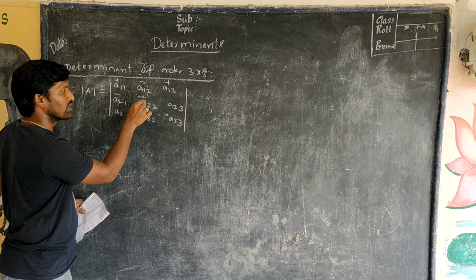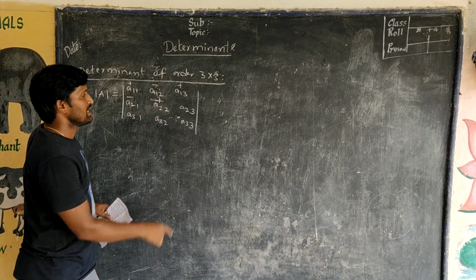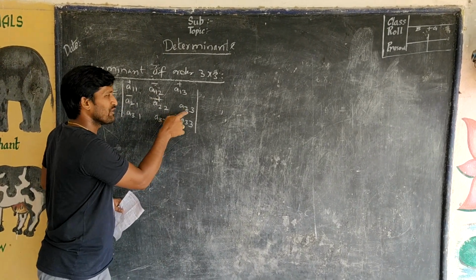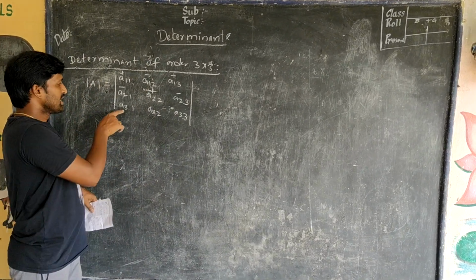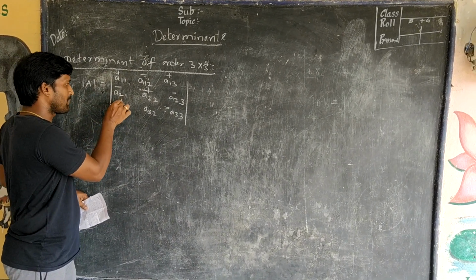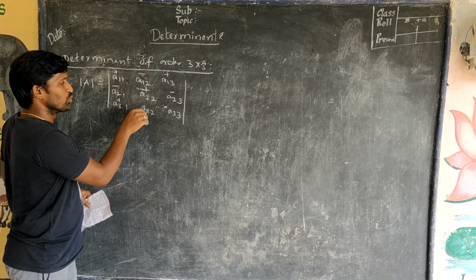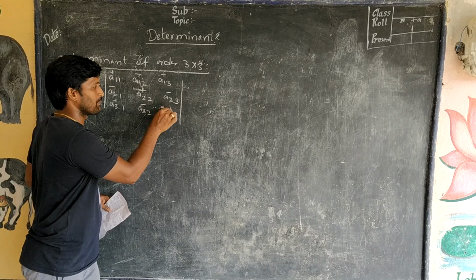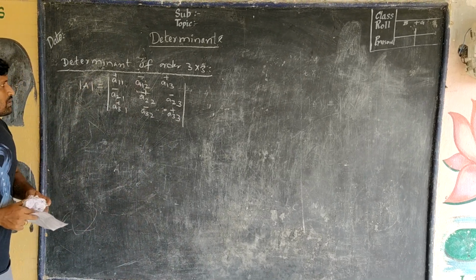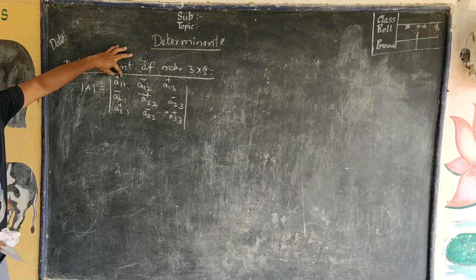2 plus 2 is 4. What sign will we get? Plus. 2 plus 3 is 5. It is an odd number, that's why we take minus. 3 plus 1 is 4, it is a plus. 3 plus 2 is 5, minus. 3 plus 3 is 6, it is even, plus.